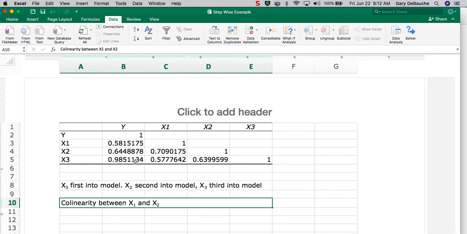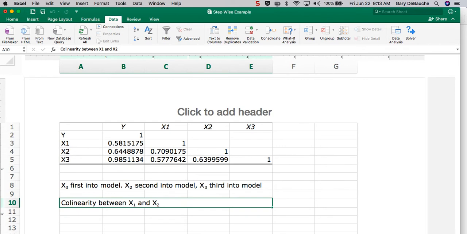So the one I'm going to test first in the stepwise approach would be x3. I'm going to run that through the model first. Then, if that is significant, I'm going to run x2 through the model. And then, if x2 is significant, which I'll show momentarily, I'll run x1. That's what we mean by stepwise multiple regression: I take one independent variable at a time into the model. Let's go back